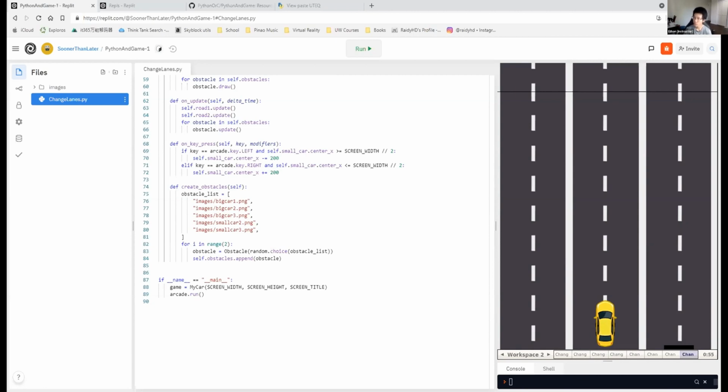Okay. So before we actually repeatedly spawn in these obstacles, if we do that, the code might actually crash. The reason is that we will be spawning in so many cars, so many obstacles, that it's going to eventually overload the CPU or the RAM, I guess. So what we will be doing is